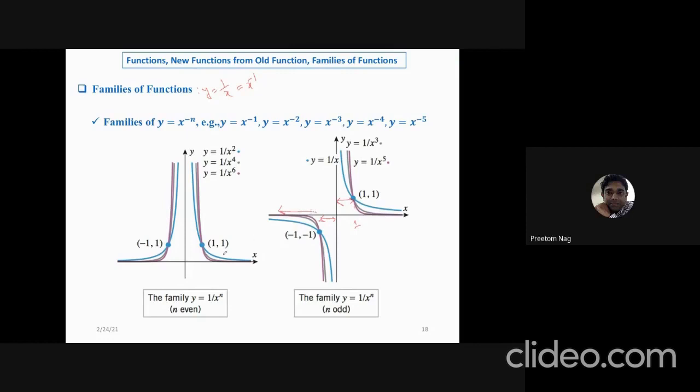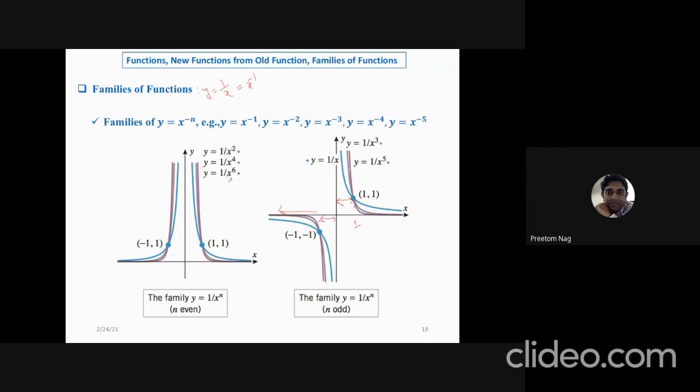Now if you have an even power of x in the denominator, then what will happen? So the family y equals 1 over x to the power n, where n is even. In that case, you can see this is the graph for 1 by x square. Okay, the blue one is the graph for 1 by x square. So if we increase the power of x by 2 each time, then we will have 1 by x square, 1 by x to the power 4, 1 by x to the power 6,